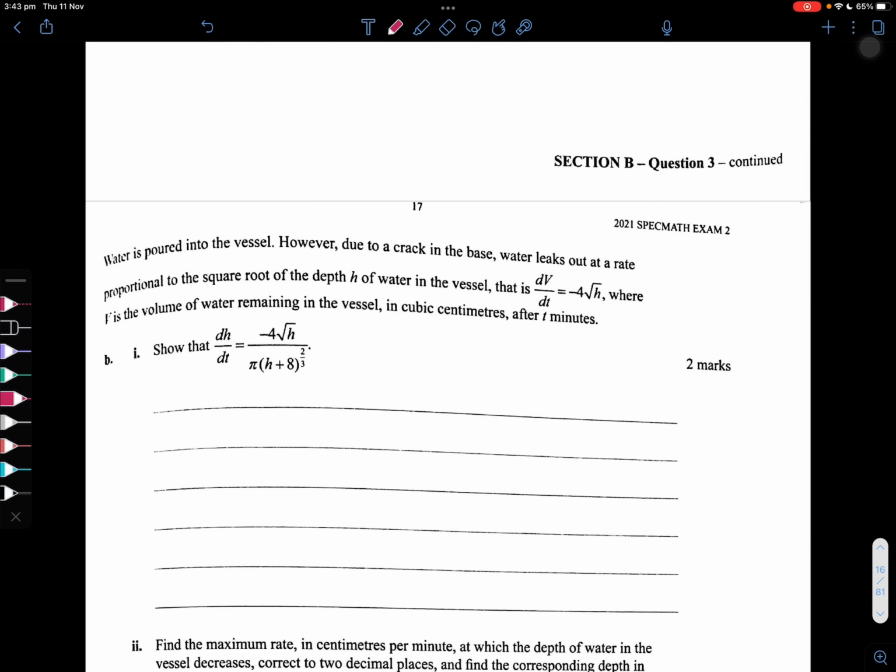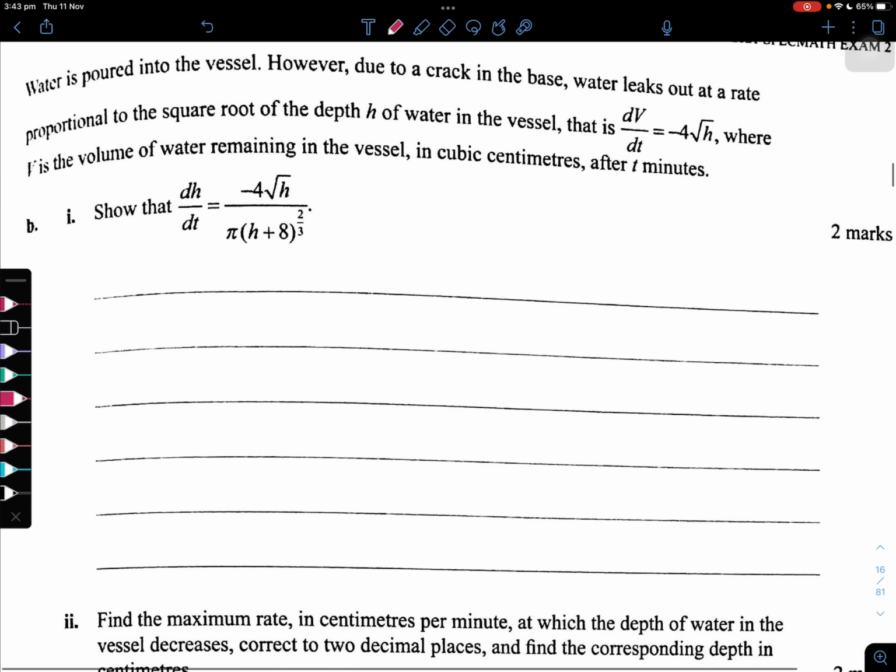Water is poured into the vessel. However, due to a crack in the base, water leaks out at a rate proportional to the square root of the depth h of water in the vessel. That is dV on dt equals that, where V is the volume of water remaining in the vessel in cubic centimeters after t minutes. Show that dh on dt is that. Okay, so to work out dh on dt,